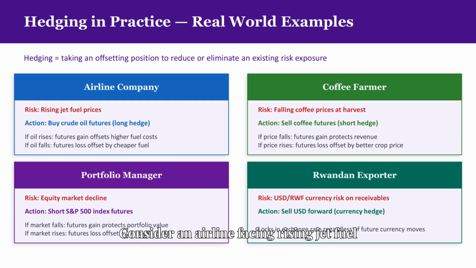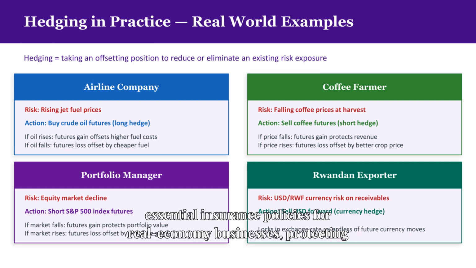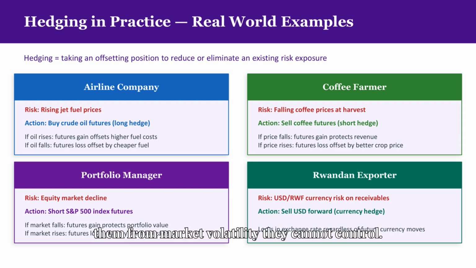Consider an airline facing rising jet fuel costs. They can buy crude oil futures to lock in a price. If oil rallies, the profit on the futures offsets the higher fuel bill. Conversely, a coffee farmer fears falling prices at harvest. By selling futures contracts now, they lock in their revenue. If prices drop, the futures gain compensates for the lower crop value. Similarly, a portfolio manager fearing a market crash can short S&P 500 futures to protect the value of their equity holdings. These examples illustrate how derivatives act as essential insurance policies for real economy businesses, protecting them from market volatility